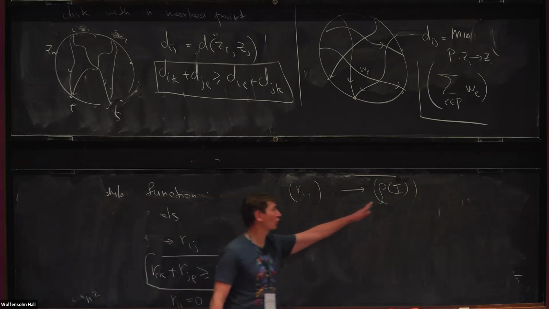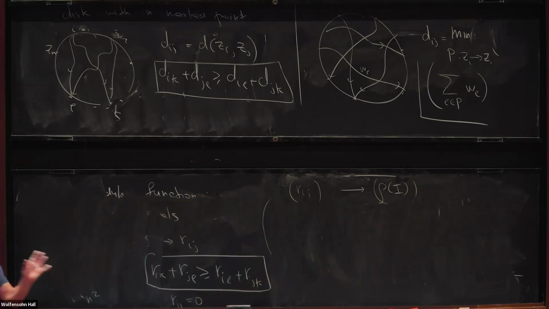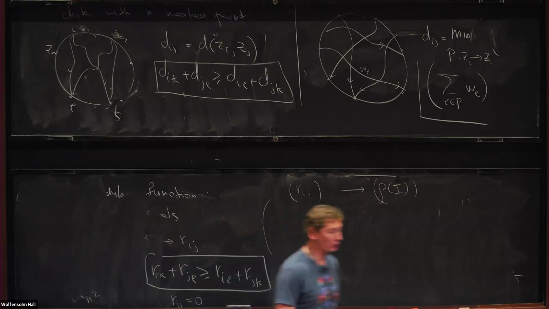We already know some of them. If this I happens to be a cyclic interval, that's exactly R_ij. But not all subsets are cyclic intervals. We need to figure out what we should do with other subsets. And so the theorem is